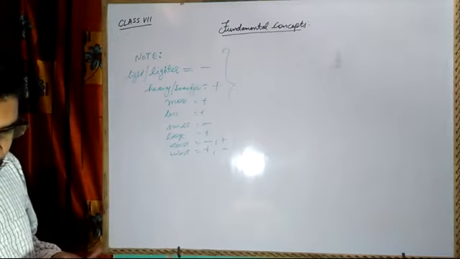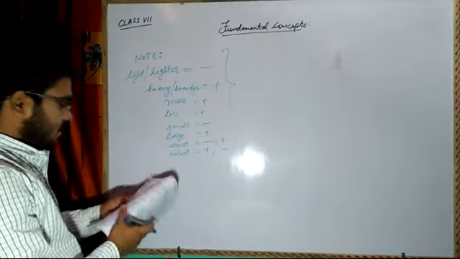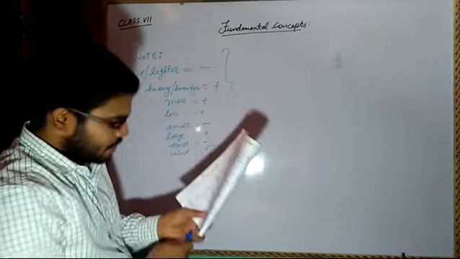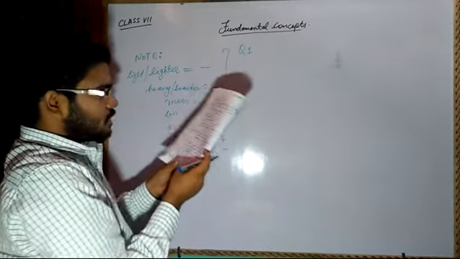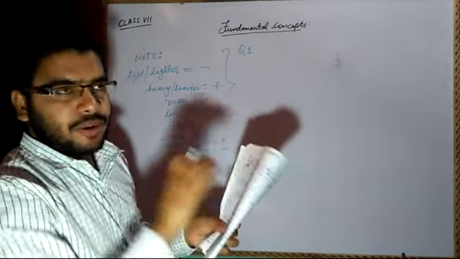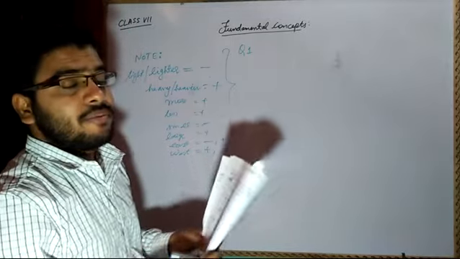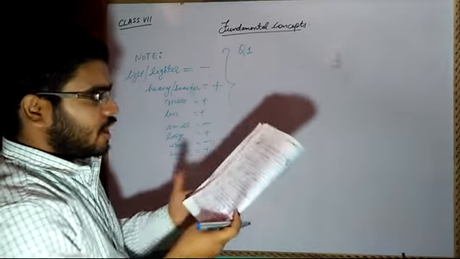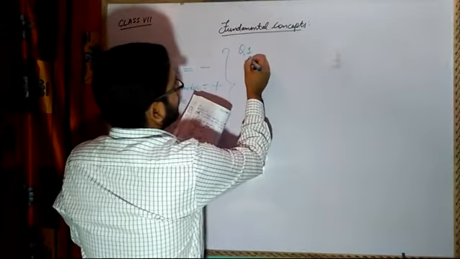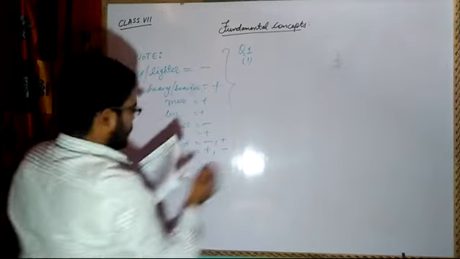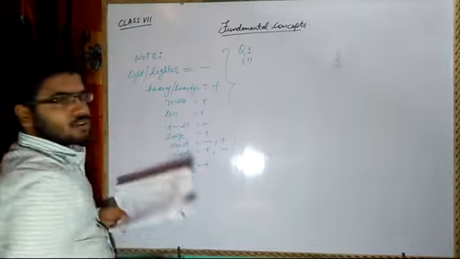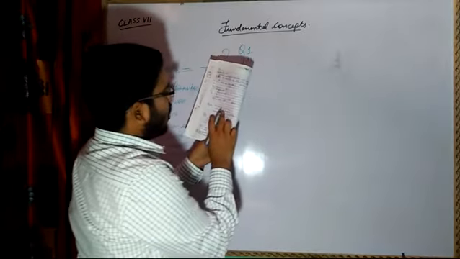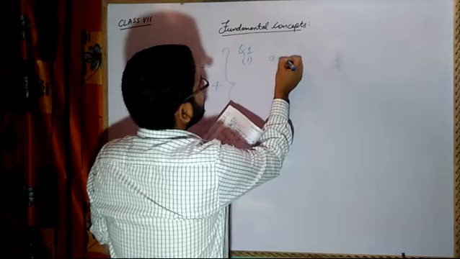Now I have to discuss question number 1. Question number 1 says we have to frame the expression. Verbal expressions, that is, sentences, are given. We have to frame the algebraic expression. Sub part 1: sum of a and 10. Sum means plus. Minus means minus only. So sum of a and 10 means a plus 10.